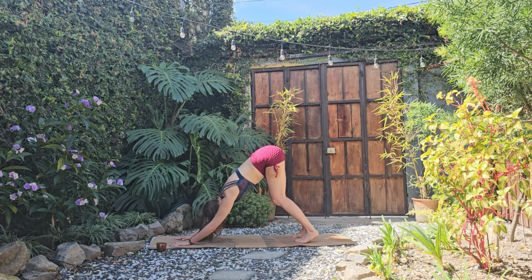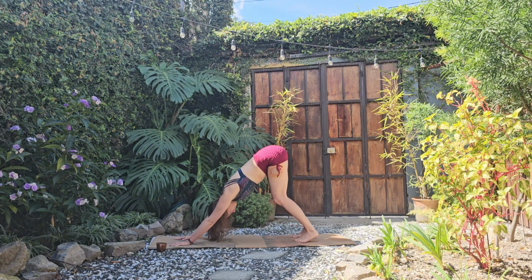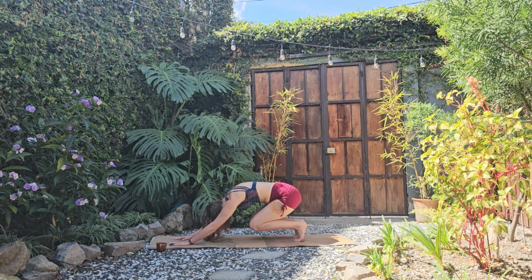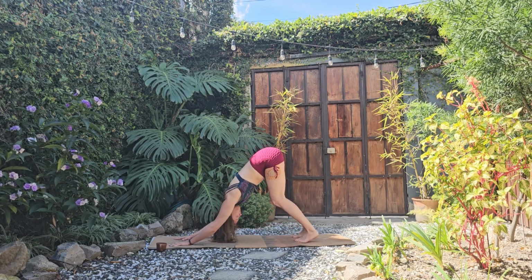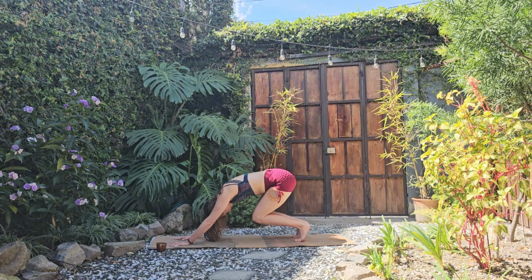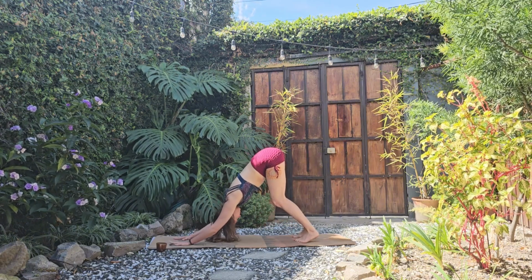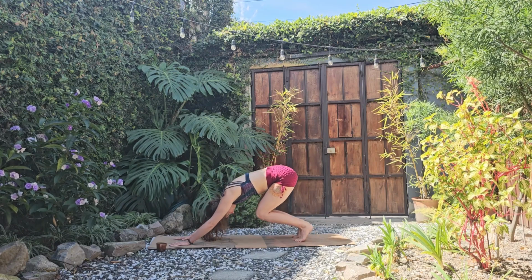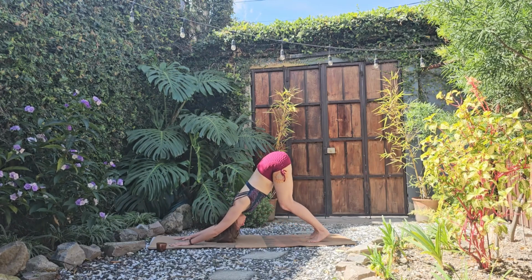dog from here. Really push into those hands, creating a nice long line from your hands to your hips, bending at the knees. We're going to inhale as we bend deeply into the knees, almost bringing them to the mat. And then exhale as we begin to lengthen them back into your down dog. Do this one more time, bend at the knees, bringing them down, and exhale as you push back into that